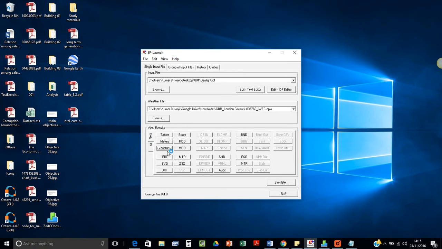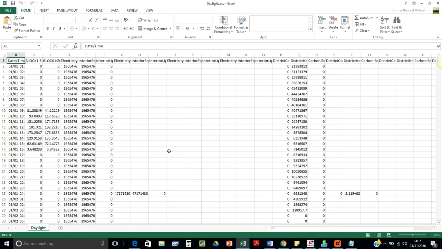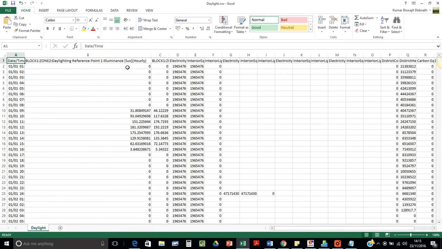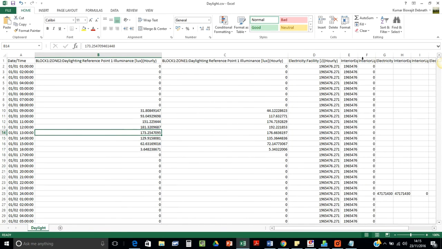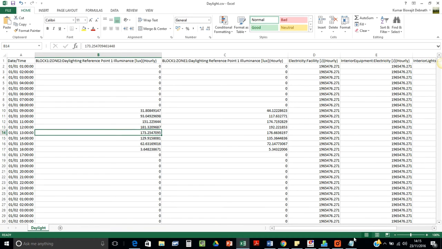Okay, now if we go into the variable tab, we'll see that we have two zones, and the lux level in those zones in that hour, and also we can see the amount of electricity and equipment, and interior lighting is there. We didn't put interior lighting in there. So if we want to see how many hours we are out of the lux level that we need, first we can do a filter,